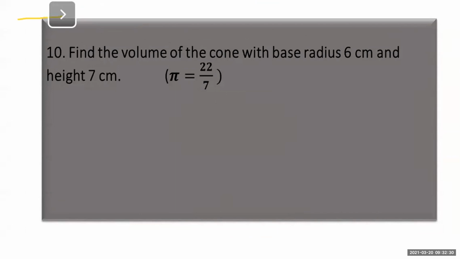Next, that is, find the volume of a cone with base radius 6 centimeter and height 7 centimeter. Pi is given 22 upon 7. Here you can see the value of pi. So this value only you have to take. You can't take another value, that is 3.14. So find the volume of a cone. Just now we have solved one example. Volume of a cone